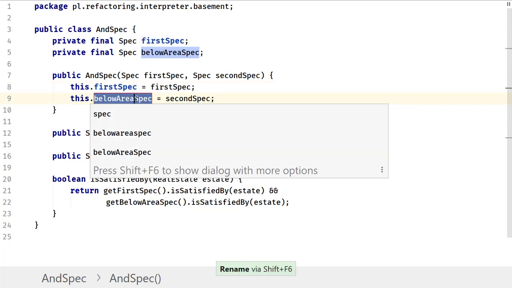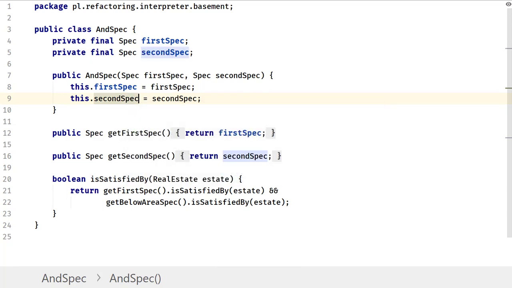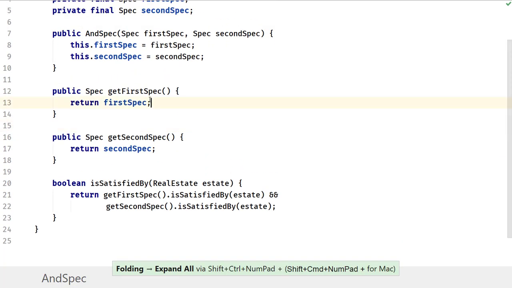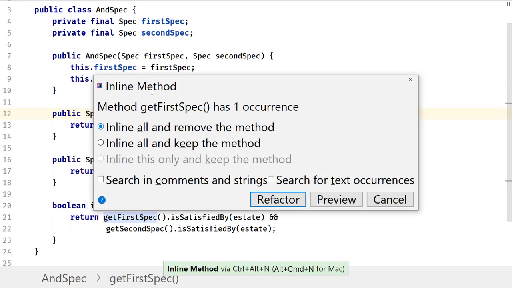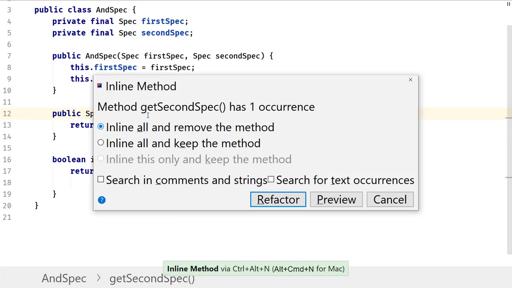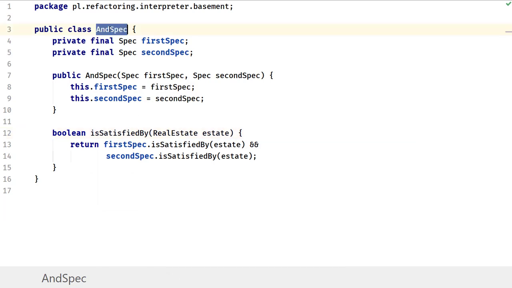Shift F6, that's second spec. Yes, please rename the getter as well. It looks like most likely I do not need this getter any longer, so I will inline the first getter. I will inline using Ctrl-Alt-N the second getter as well. And I have